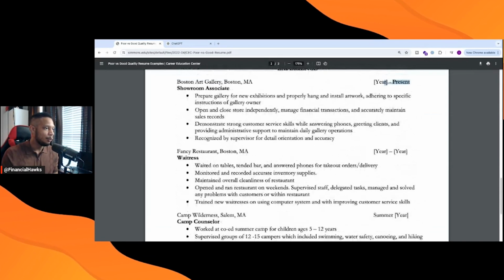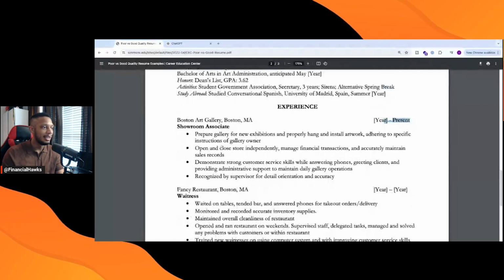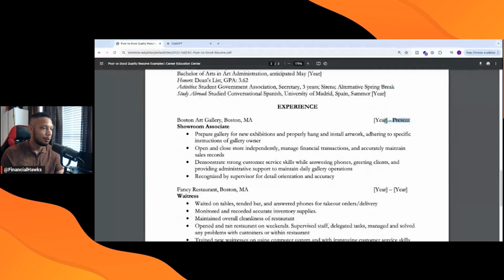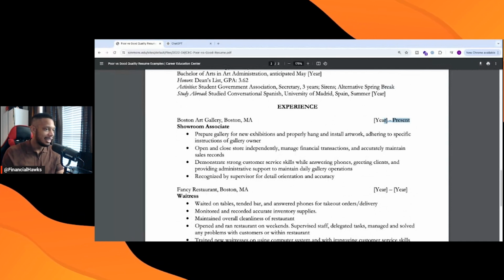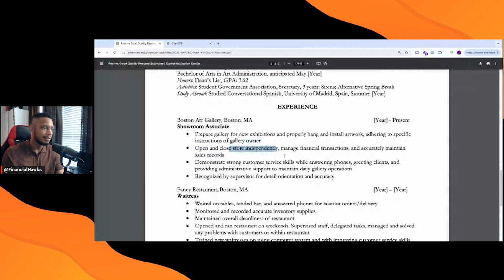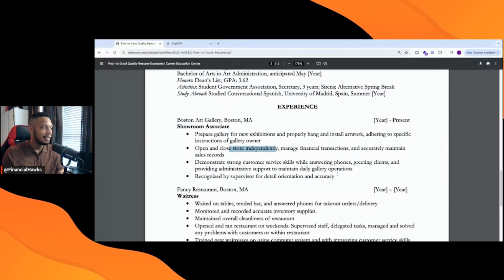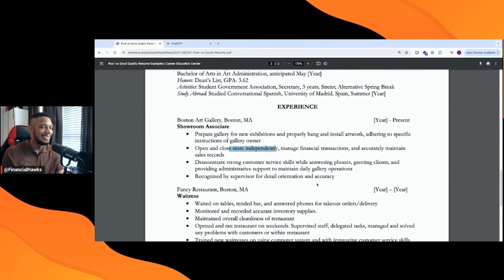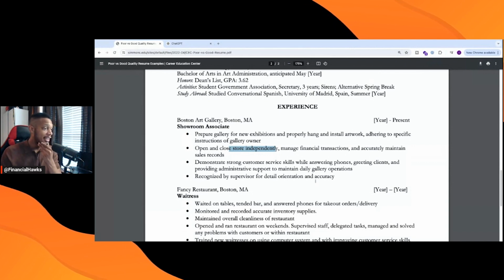So we have our experience right here, and I'll go ahead and read this. Prepare gallery for new exhibitions and properly hang and install artwork, adhering to specific instructions of gallery owner. Okay, that actually does not sound bad. Open and close store independently, manage financial transactions, and accurately maintain sales records. Demonstrate strong customer service skills while answering phones, greeting clients, and providing administrative support to maintain daily gallery operations, and recognized by supervisor for detail